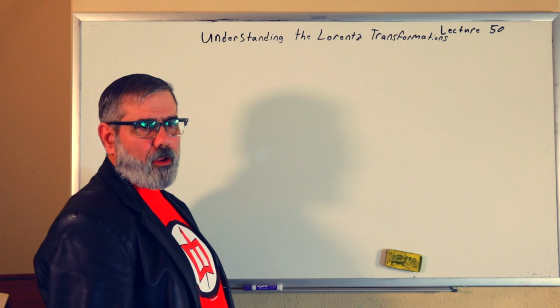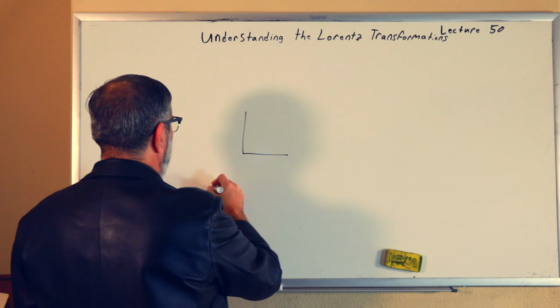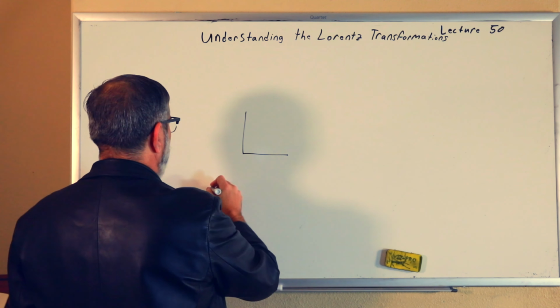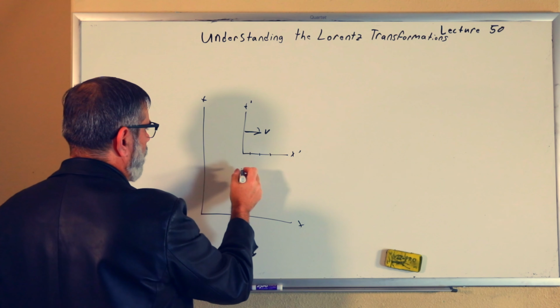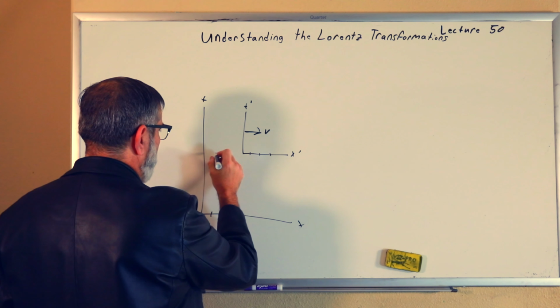How do we remember how to write the transformations? Well, we imagine a moving reference frame, moving with some velocity v, and we'll call this the prime reference frame. How do we figure this out? If we want to know what the measurements are in the prime measurement frame, it's going to be